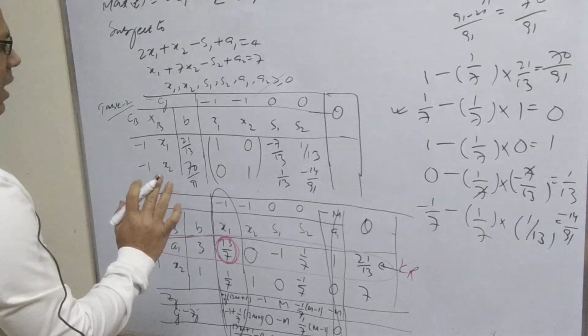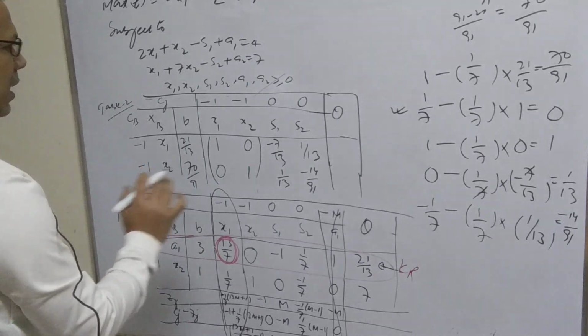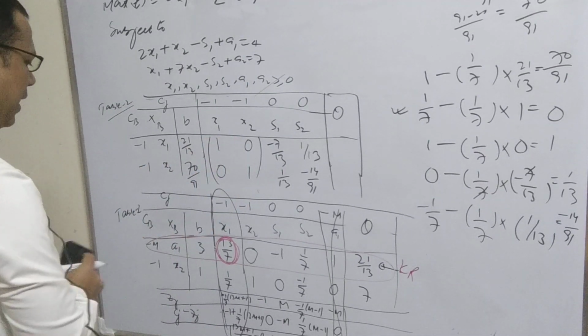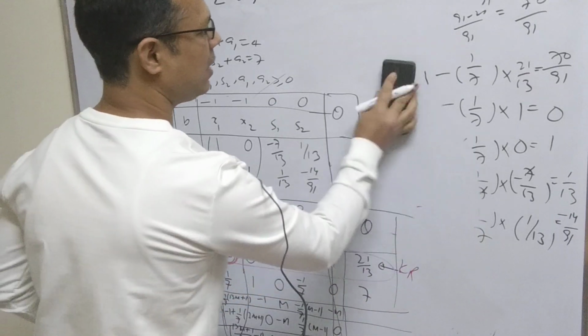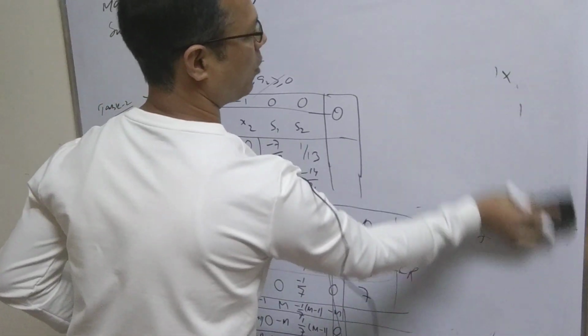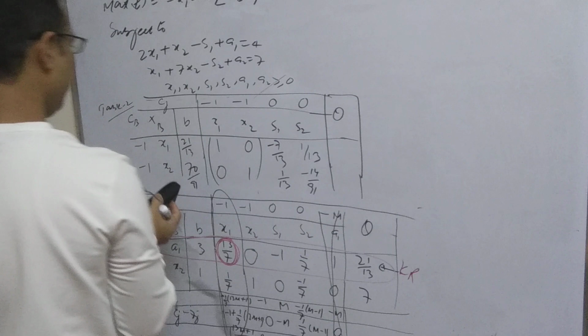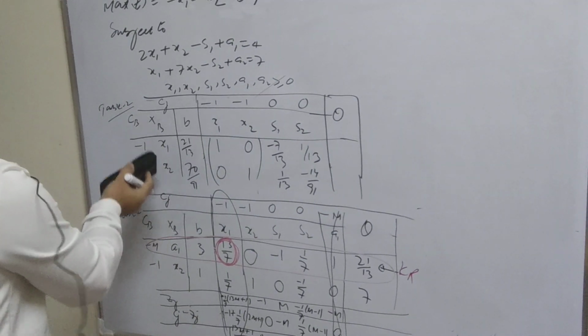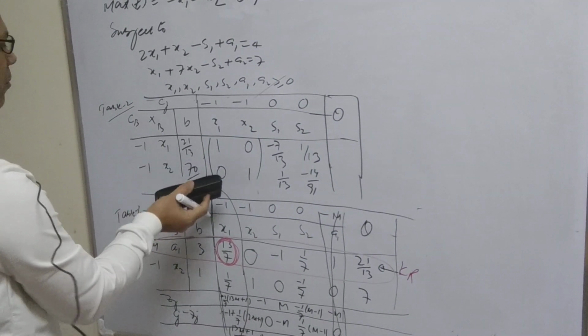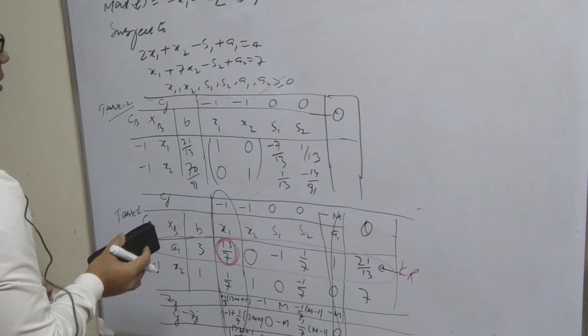But before going to see the end of the solution, we need to check whether all the Cj minus Zj is going to fulfill the condition or not. So this is the procedure. Here we can stop, because we already have the unit matrix, and it means x1 and x2 have entered into the basis. So now we can get the result, and we can put these values into the objective function to get the solution.